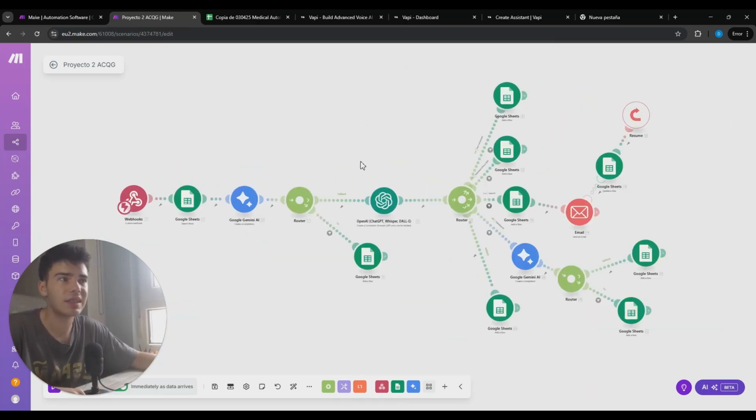So yeah, this was basically the system to send and receive the information, and how a 950 euros project of AI cold calling campaigns